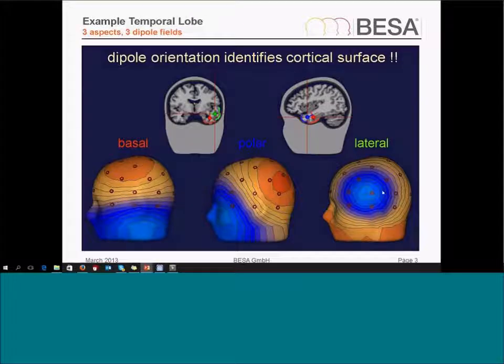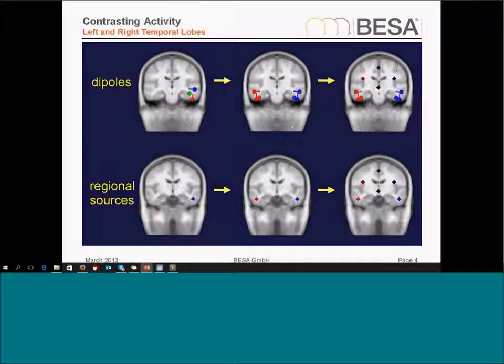For example, we can see the temporal lobe subdivided into three surfaces, the basal part here in red, the lateral surface in green, and the polar surface in blue. And each of these, when activated, will create a totally different topography on the scalp. Now, we can use these three equivalent dipoles to model anything that comes from that temporal lobe. And this would then result in a regional source in the temporal lobe that summarizes the activation in that complete